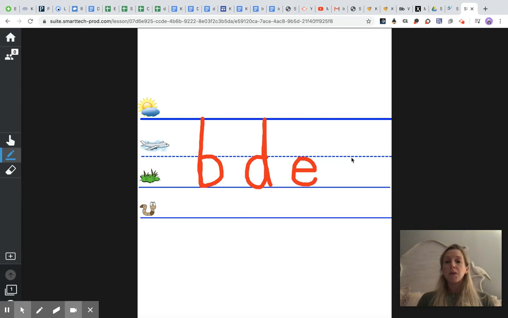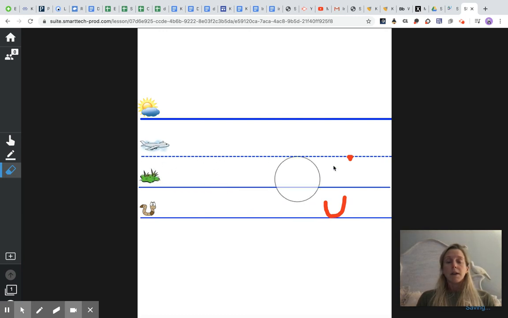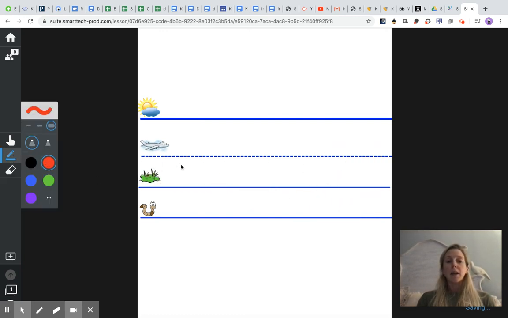So G, we start at the plane line, go around to the grass line, back up to the plane line, and all the way down to the worm line and curve. I'm going to erase, and then I will go over some more of the ones that could be a little more challenging, like Q,